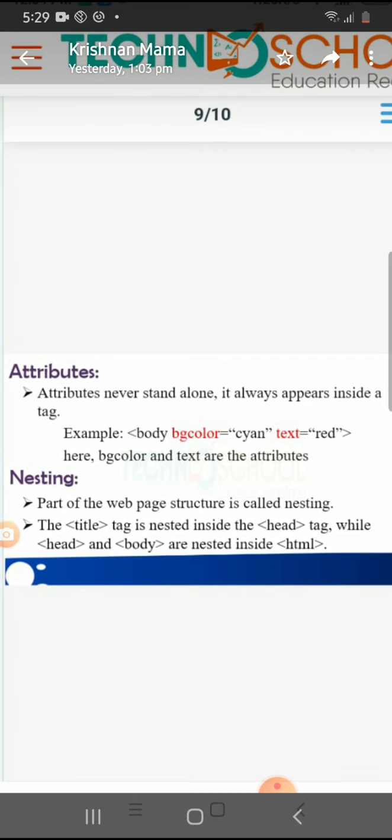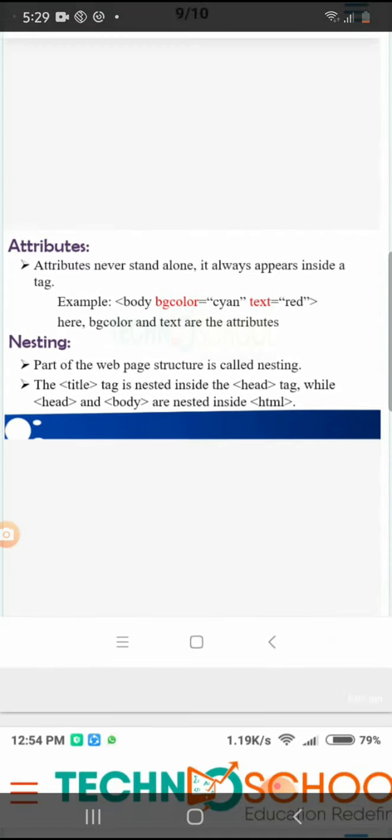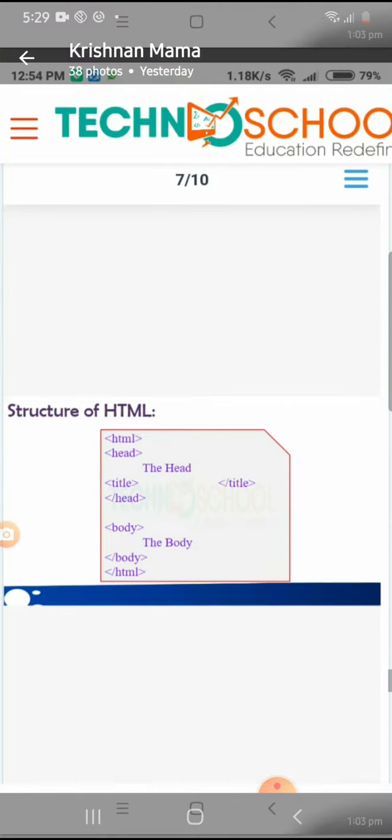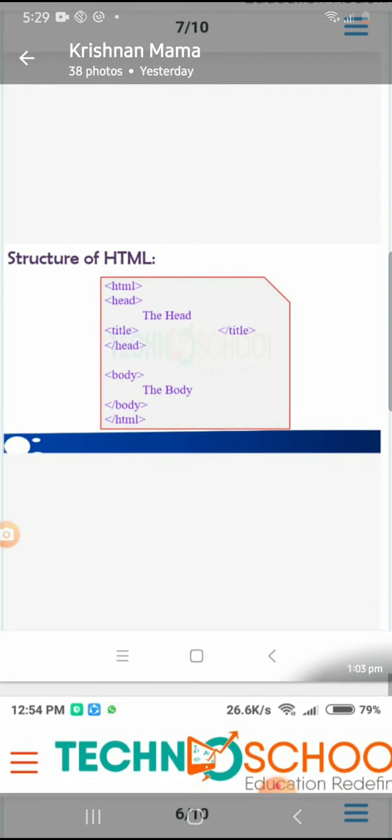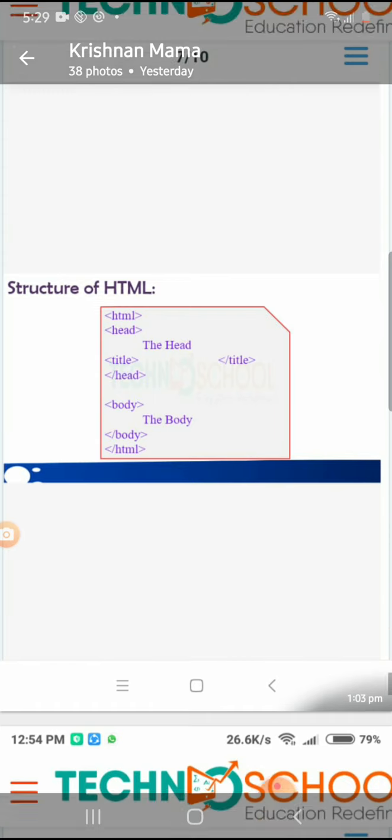Okay, we are seeing this example now. Let me show that example. Wait. Now see. So this HTML, head, title, body, are all present within the HTML tag. Now the title is present inside the head tag, so they are showing this.